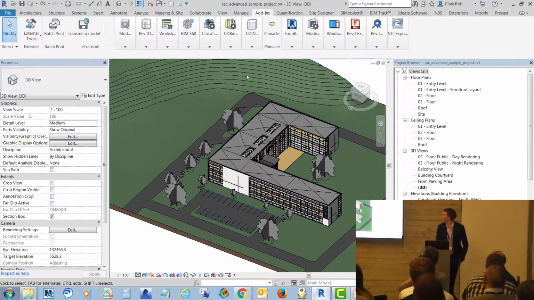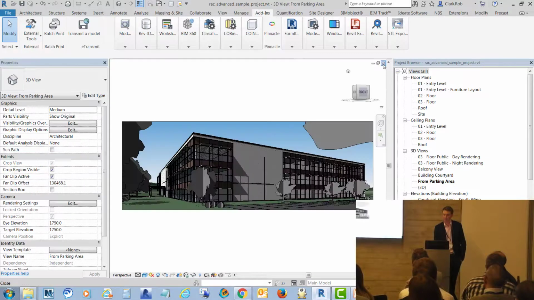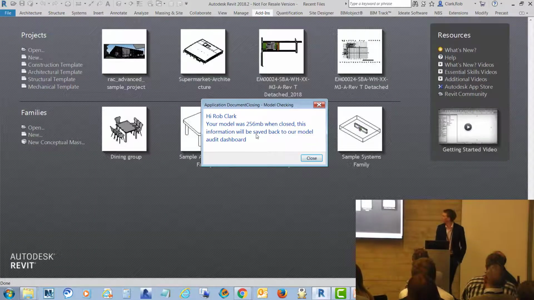So now every time someone shuts a Revit model down on this computer, and I hit close, and I close that view, don't want to save changes, it'll pop up with this little window saying, "Hi Rob Clark, your model was 256 megabytes when you closed it. I'm going to publish that back to the company server that records all the Revit models." So again, just a very simple, kind of gimmicky thing of what you can do with that, but